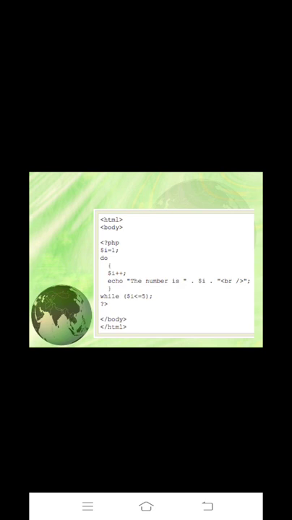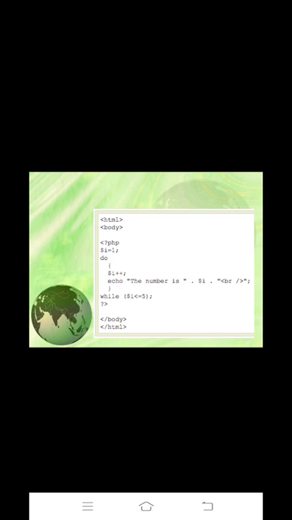That is the difference between while and do while. The major differences are: in while, the condition is checked first; in do while, the first time it enters the do directly without condition checking, and from the second time onwards the condition is checked.